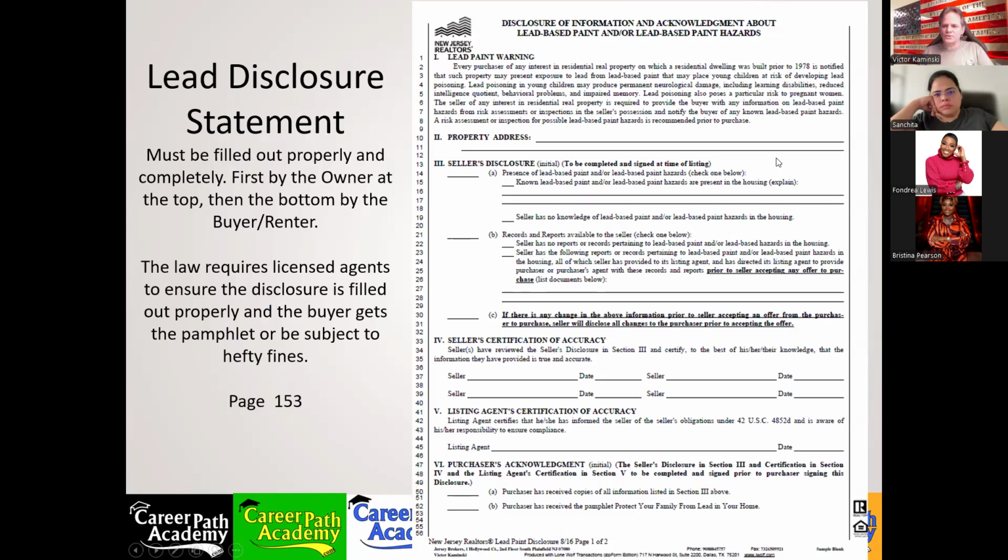And there's that lead disclosure statement that we use, one from the New Jersey Realtors. Okay. It needs to be filled out first by the landlord, because in the section down below where the tenants fill out, the very first question is asking, did they receive all the information from above in section 3? How could you have them initial next to that if the landlord didn't fill out section 3 yet? So make sure it's filled out properly in the proper order.